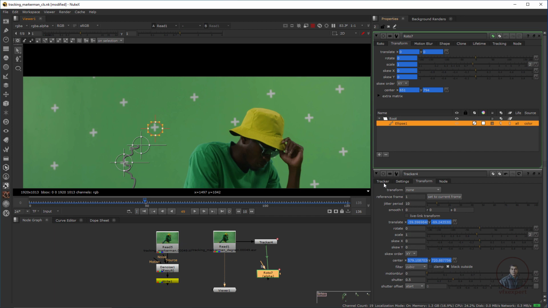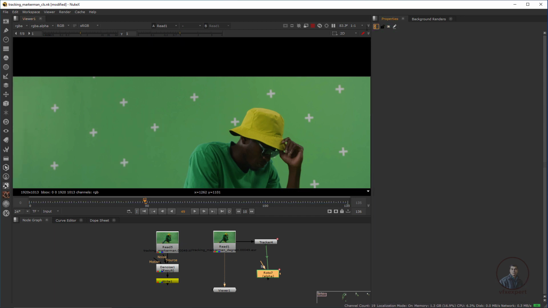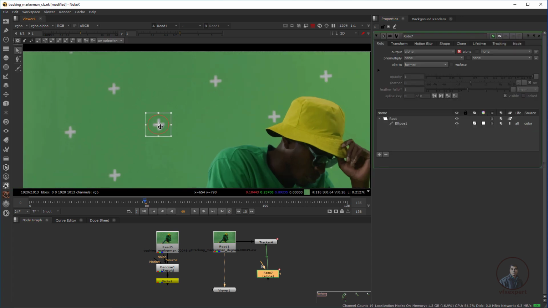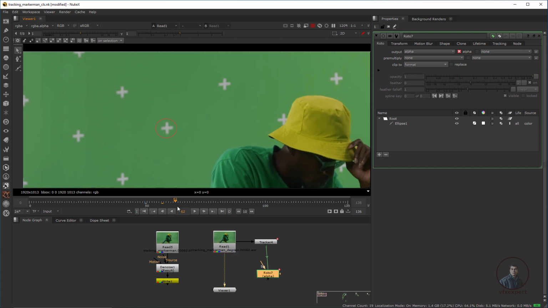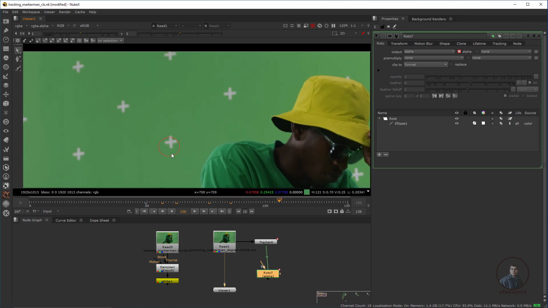Now again, we have to click on this Roto here and clear all these properties. Even better, you can define only one, so we can easily focus on our single node here. Now we have to place it. If you move your plate, you will see this Roto shape is following this footage movement. If you want, you can also animate your shape a little bit, but this is just following our tracking data here.